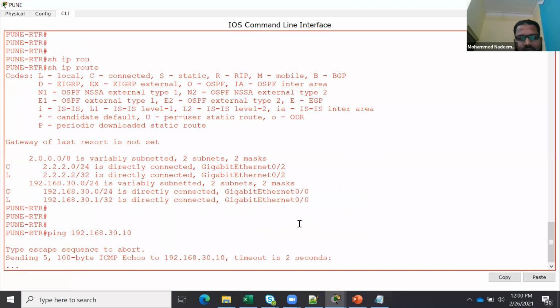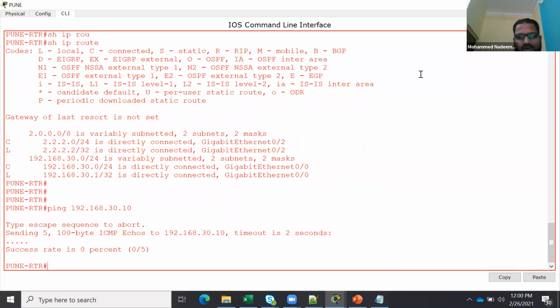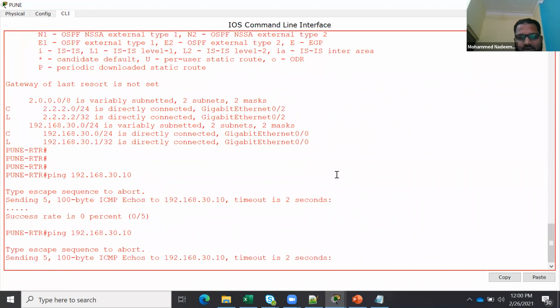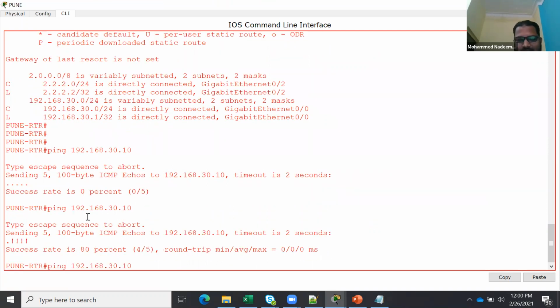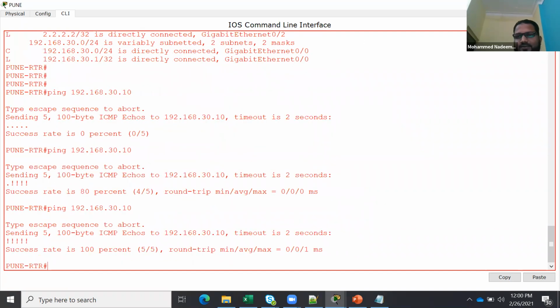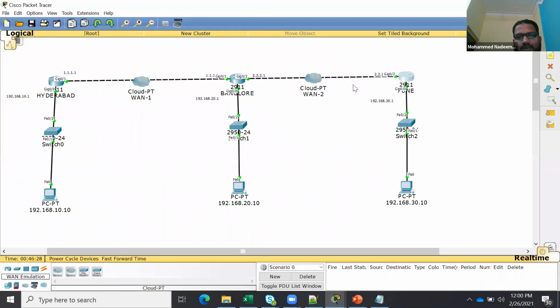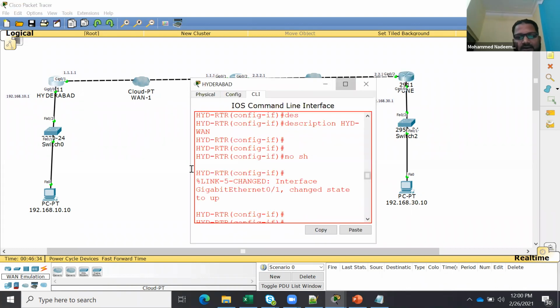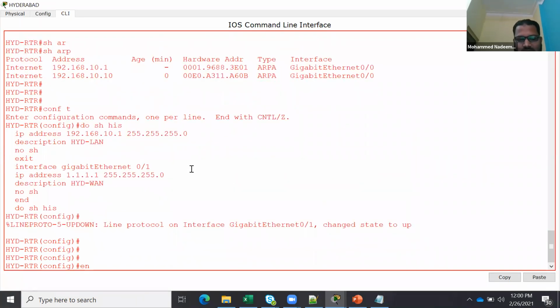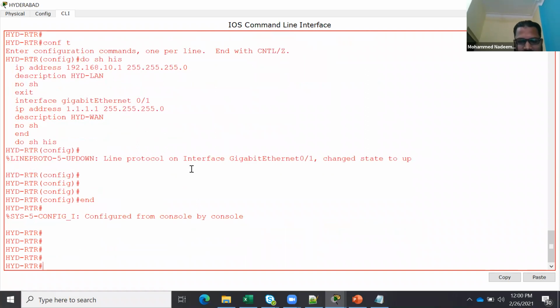Okay, if it is not pinged, then we need to check what the problem is. Okay, perfect. It is not pinging. So, if it is not pinging, where are you going to start the troubleshooting? Okay, no, it's pinging. Yeah, it's pingable. So now our base topology is done. One thing is pending. What is that? You need to first go to Hyderabad and verify once again.